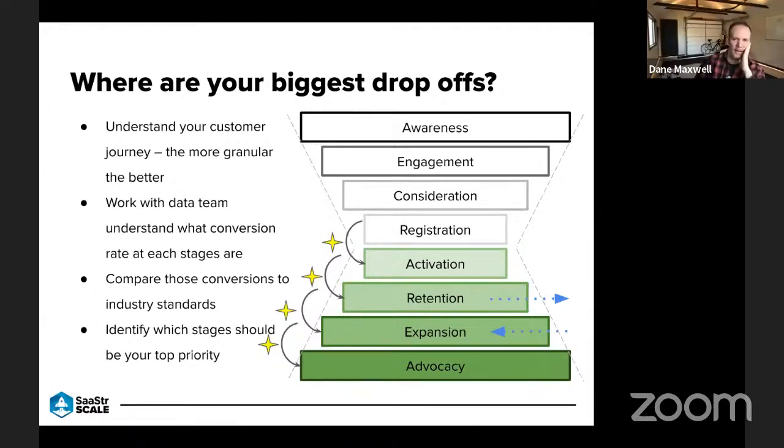So if 1,000 people are at awareness, generally speaking, what percentage could you expect to get to advocacy? That's actually a pretty good question. I actually don't know if I've ever looked from awareness down to advocacy. Sometimes when I think of advocacy, I think of